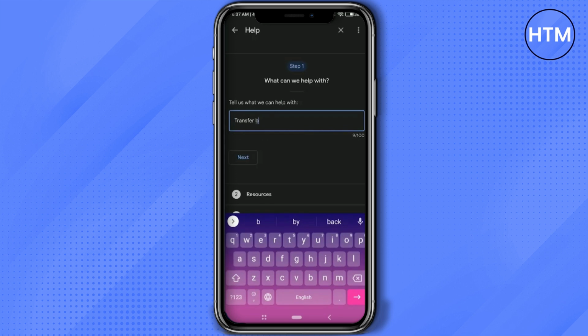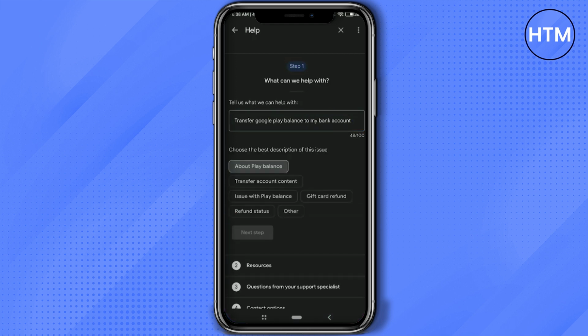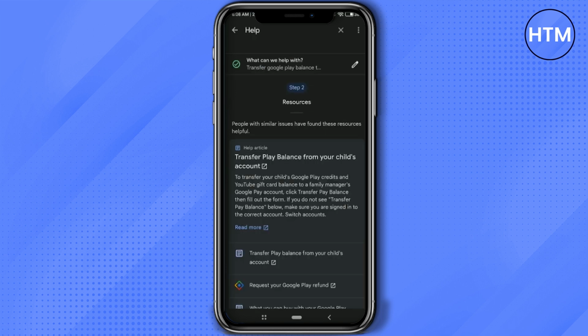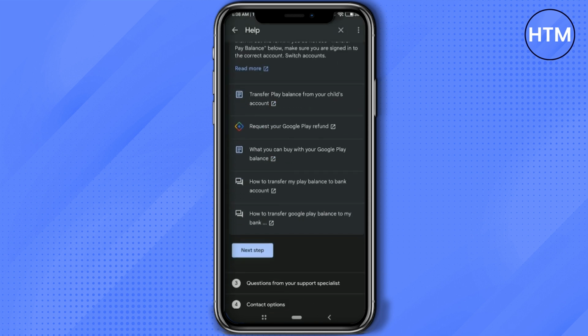So simply write transfer Google Play balance to my bank account. Then after writing this, simply click next. Then choose about play balance, and after choosing that, simply click next. Now scroll down. Over here you will find multiple options, but all you have to do is simply click